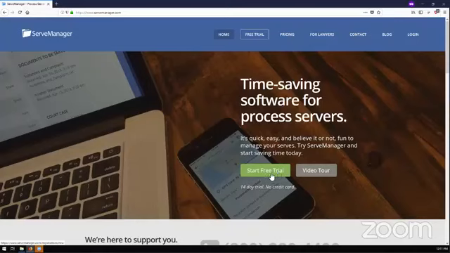Now, let's say that you would like to create a new account, but when you navigate to ServeManager.com, you're greeted with a page that looks like a lot of old jobs. Maybe it was an old account that you were using. Maybe it was a test account. Maybe it was an account for somebody that you were previously working for. Whatever the case, if you intend to create a new account and you're not able to get to this page, I have a way to get you there, and that's by navigating to